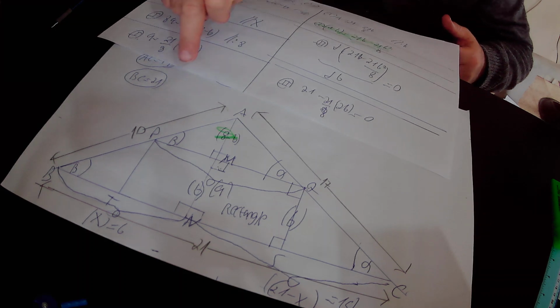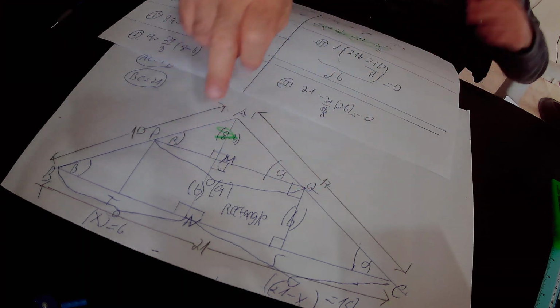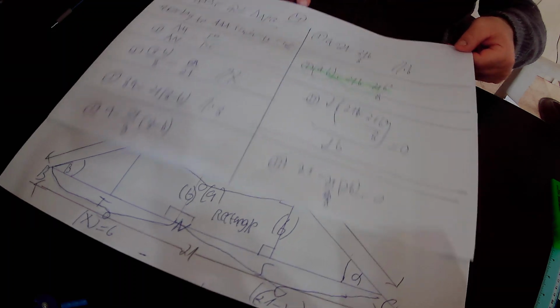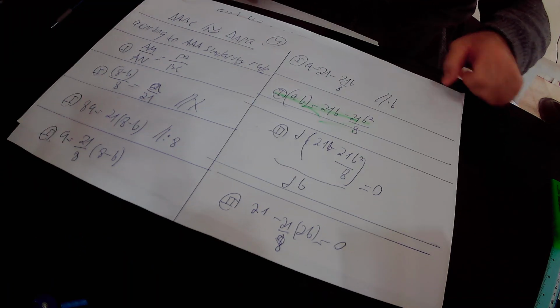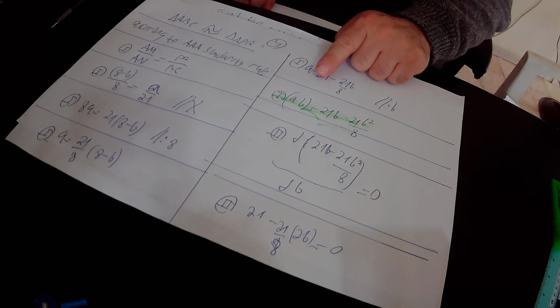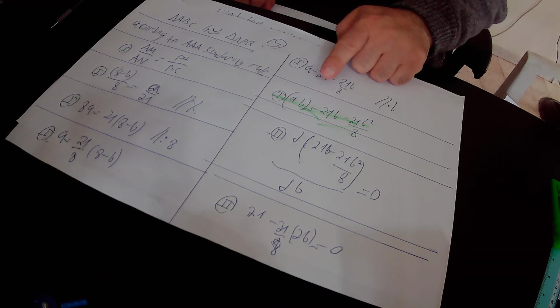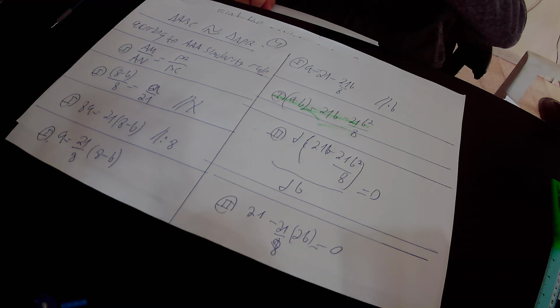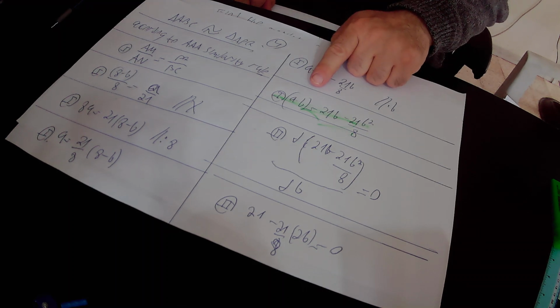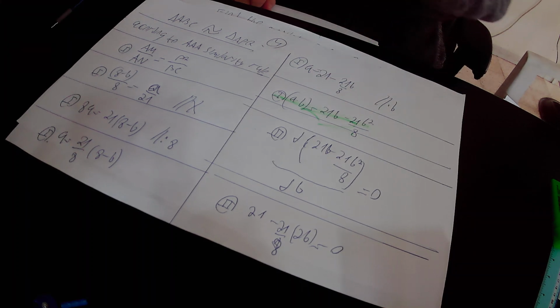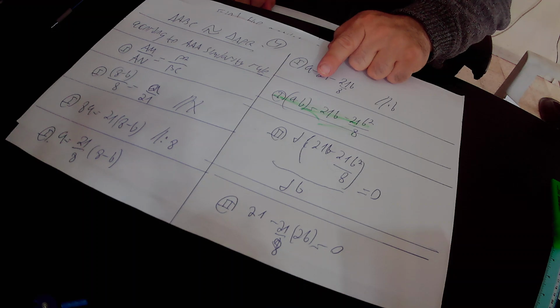Our mission is to find the maximum area of this rectangle PQST. Or in other words, our mission is to find the maximum value of the dependent variable A times B, because the area is A times B. So, for which B do we get the maximum value of A times B, or the maximum area of rectangle PQST? In order to find the maximum value of this function, that is the area function of rectangle PQST,